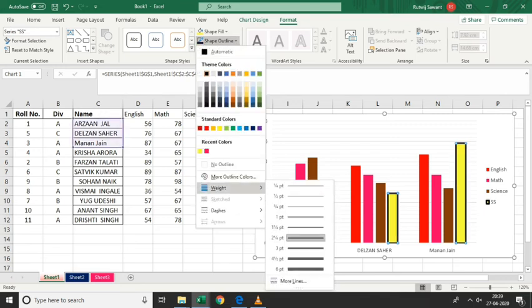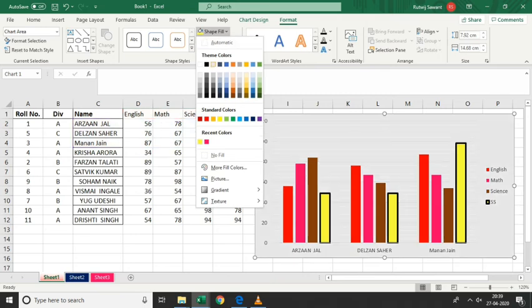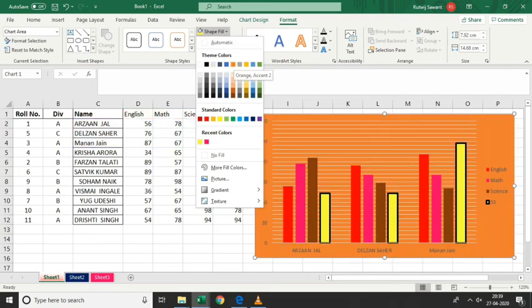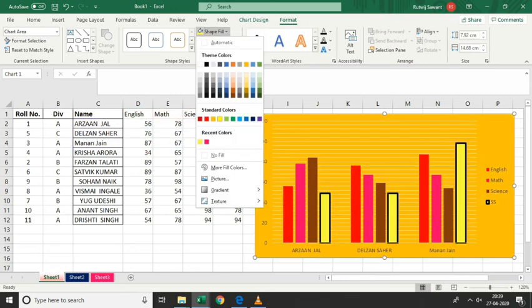Now suppose I'm selecting the entire chart area and applying a color. You can see, I've selected the entire chart area, and whichever color you select, it will appear accordingly. So this was about how to format your chart.